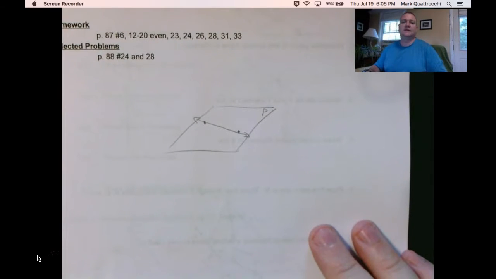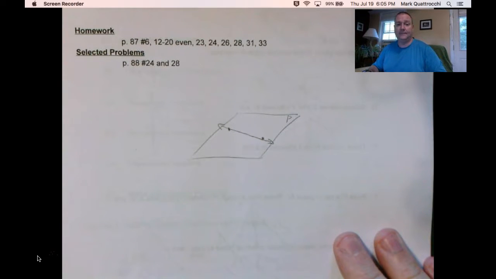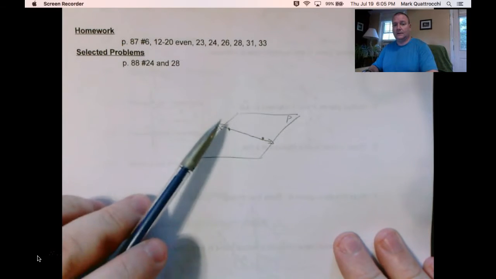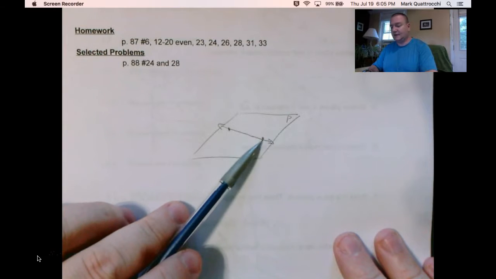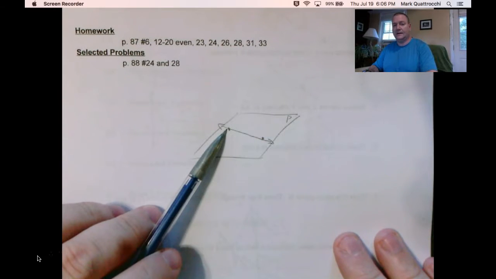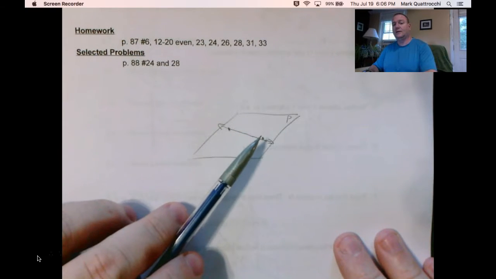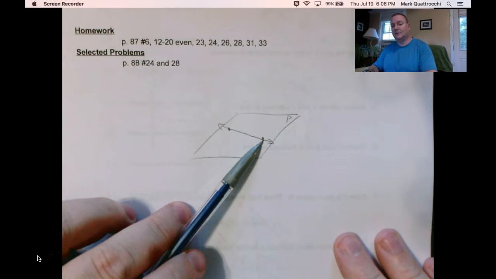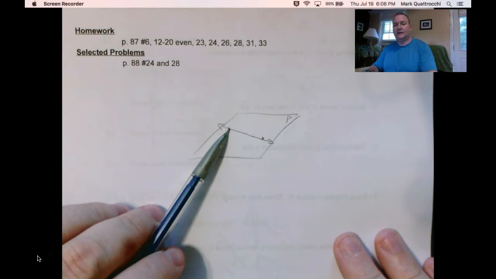So what are some of the things that we know about planes and lines? Well, we know planes are flat. We know lines are straight. So if this line, which hits the plane here and here, were to not be in that plane, it would somehow have to come out of the plane, curve, and then come back down into the plane to hit here. Again, coming out of the plane and then hitting here. Well, lines don't do that.